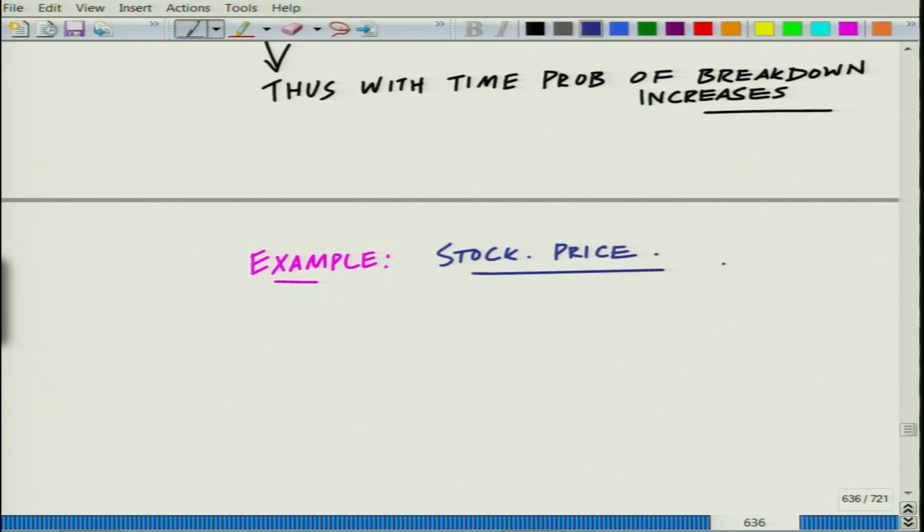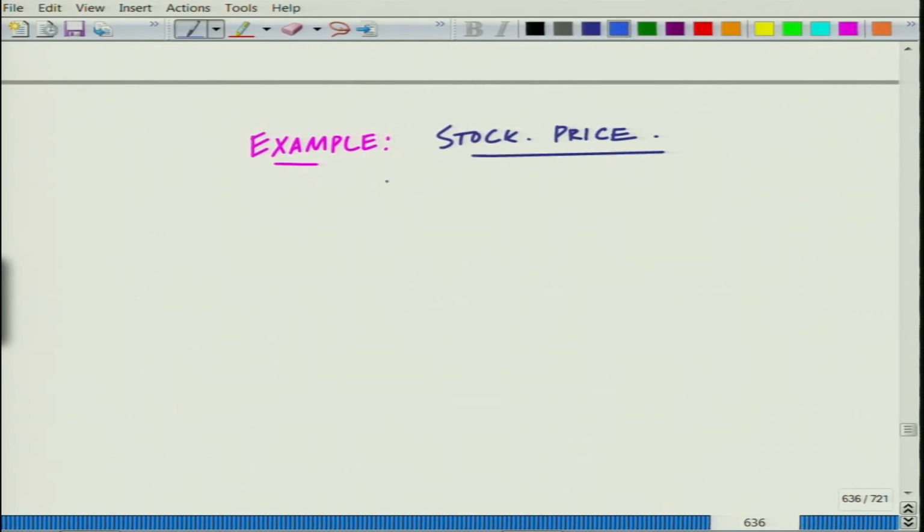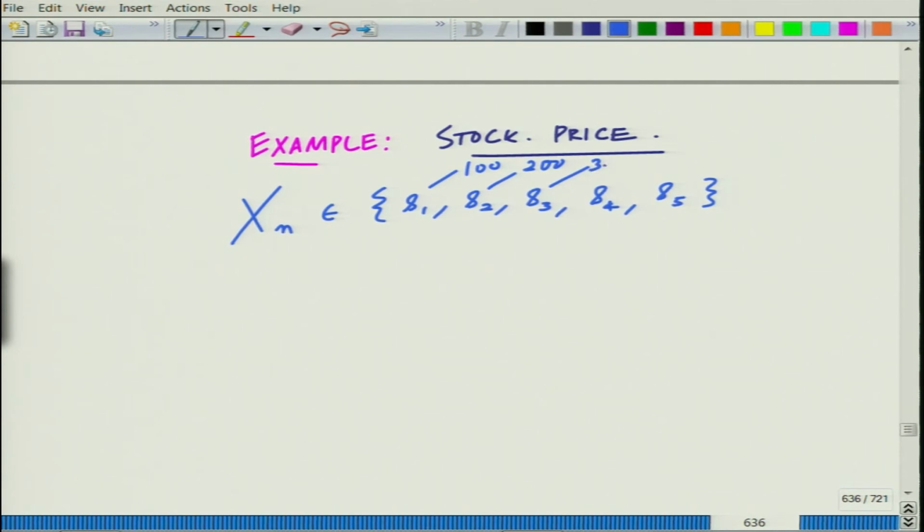And in this example, remember, the stock price can be in any of 5 states. In this simple example, S1, S2, S3, S4, S5, this is 100, 200, 400, 500, and the 1-step transition probability matrix, remember, if you can remember, the 1-step transition probability matrix